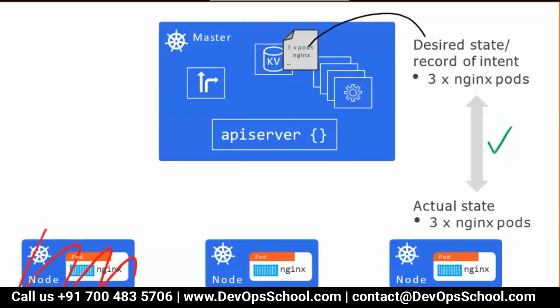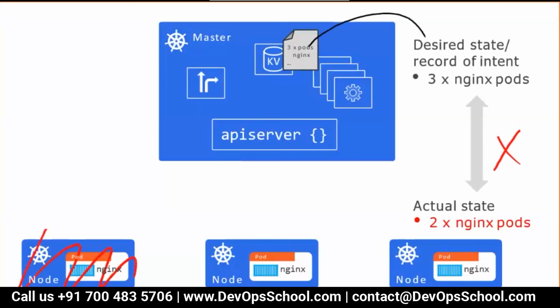everyone is happy. Suddenly what has happened? One node got disappeared. Network issues, hardware issues, software issues, anything, I don't know. Node got disappeared. That means number of actual pod 2. How much you desired? 3. Mismatch. You know what will happen? Controller will report back to the API server, boss, I could find only 2 pod. API server will check to the database. I had a 3 desire. So how many mismatch? 1.